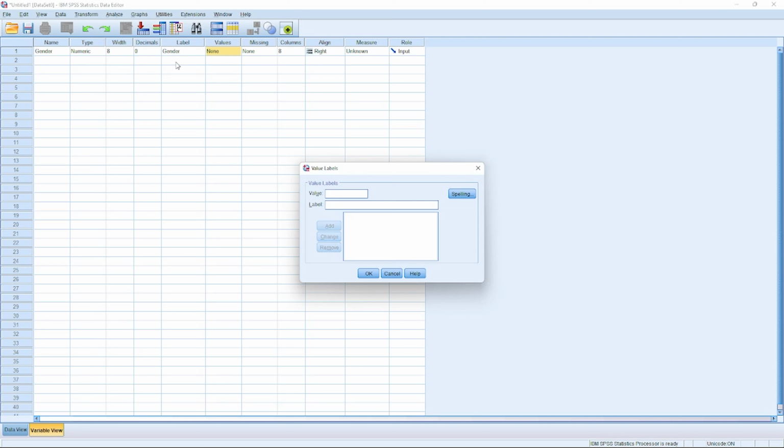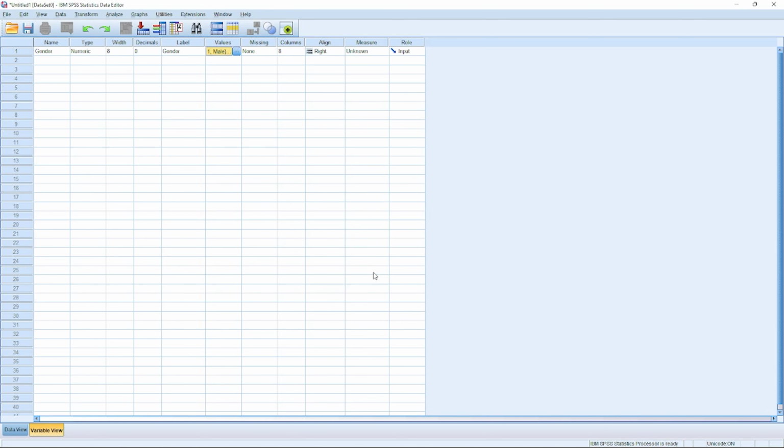We can assign numbers to it. Let's assign 1 for male. Let's assign 2 for female. Then you add, then OK. Automatically, that means you have assigned gender to the respondents. So, is any data missing? Let's leave that none. Let's leave the column as weight as 8, and let's leave the alignment at right, and